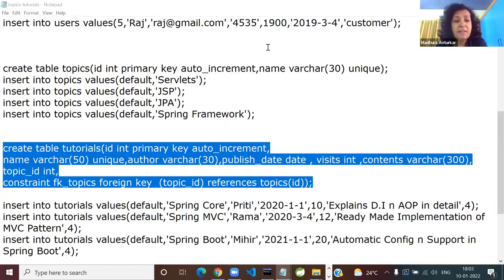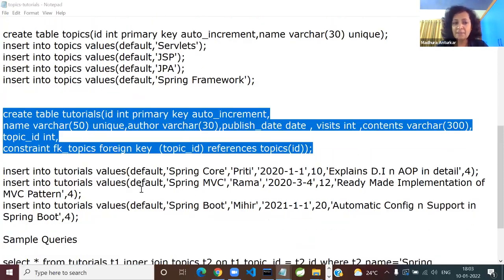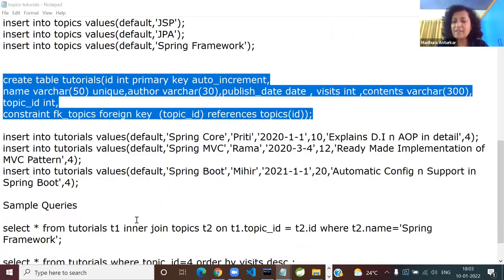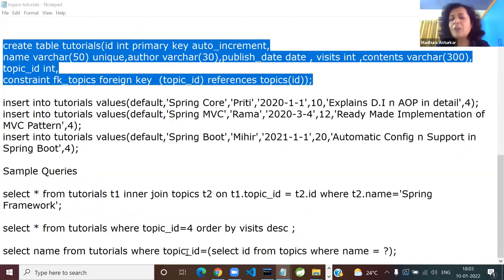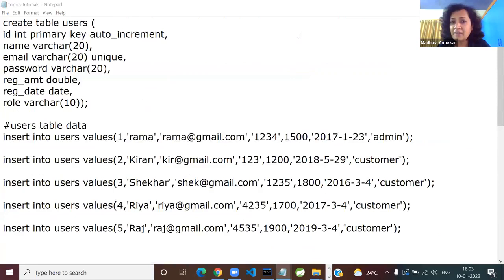So the foreign key is in the tutorials table, which references the primary key, the topic ID. I have given some data here, and some queries later. You can use join queries, subqueries, whatever. Is everyone clear with the three tables?